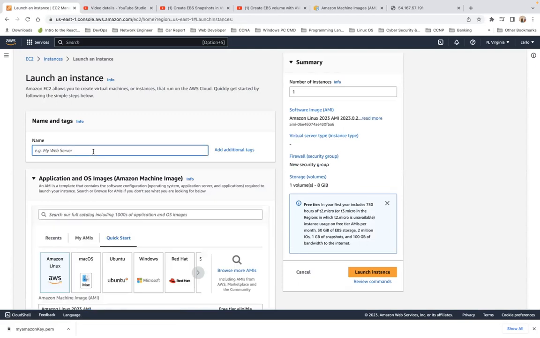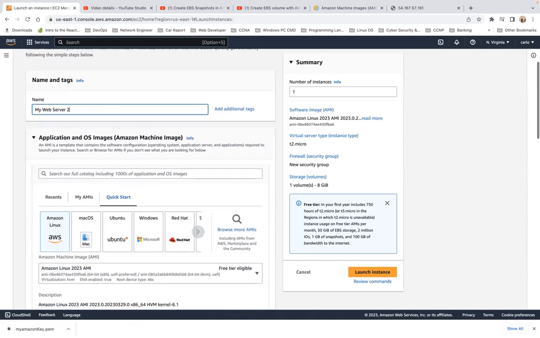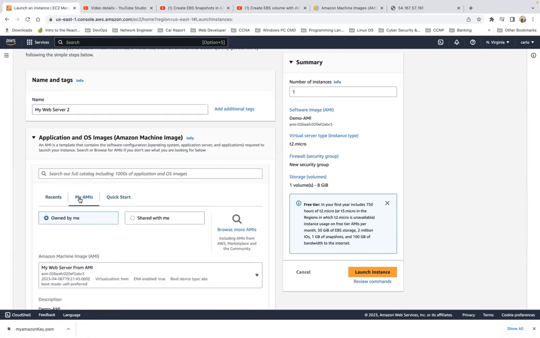I can call this my web server 2, and check me out. Now, instead of selecting Amazon Linux 2, Amazon Linux AWS, I will click on my AMI